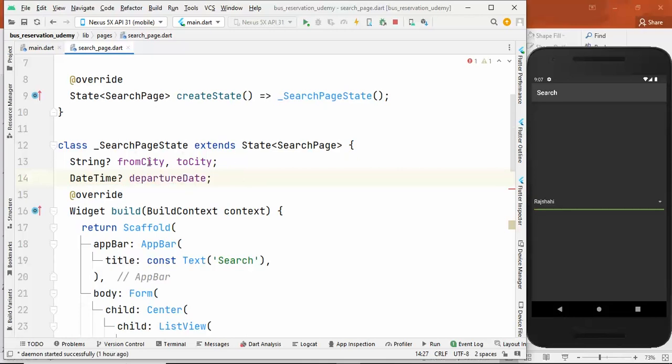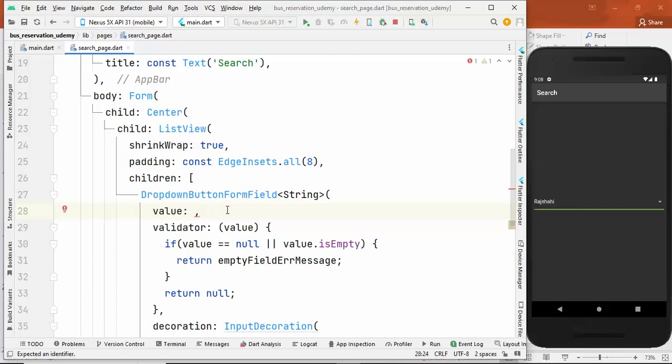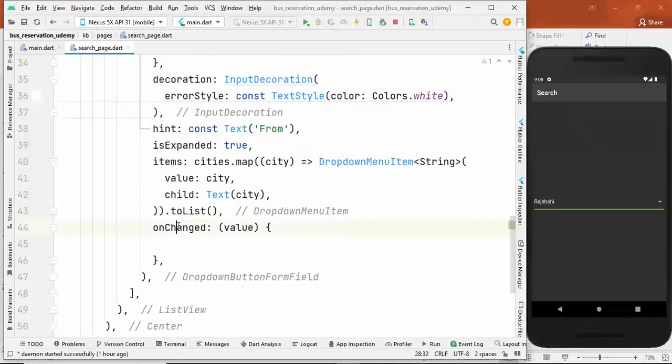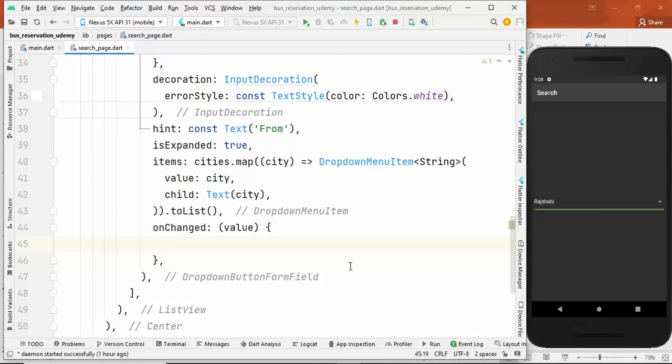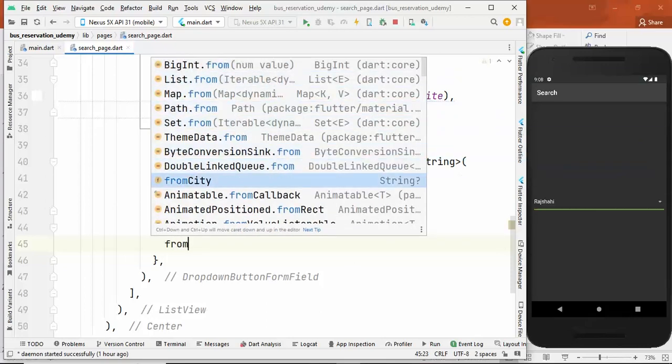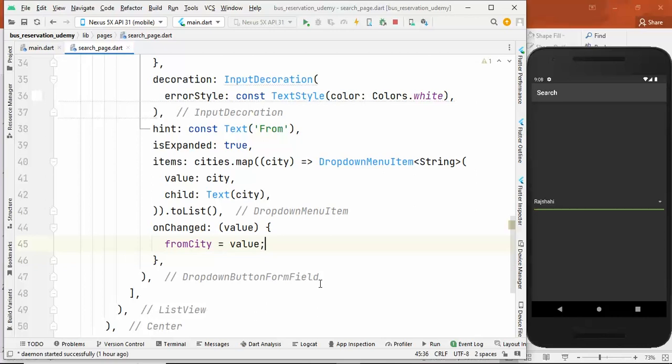Now I'll assign this fromCity to this DropdownButtonFormField value. Whenever the user selects one of the cities, you know that this onChanged function will be called and the value will be returned. And what do we want to do with this value? We'll simply call setState, and set the value fromCity to the value we get from this onChanged function. So if I now rerun the application,